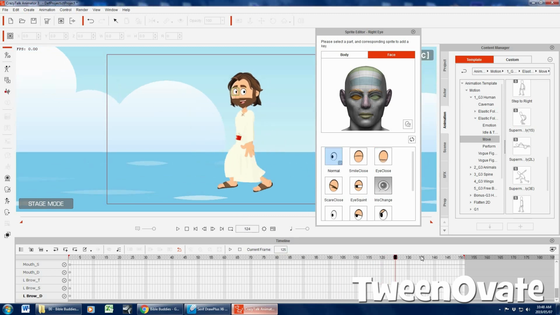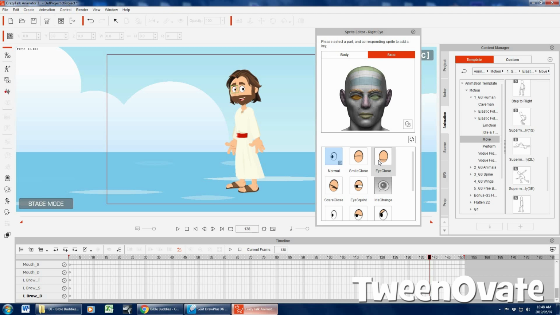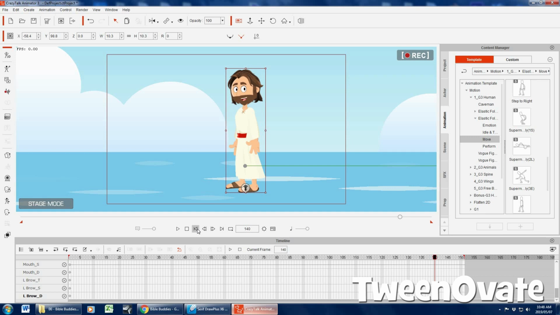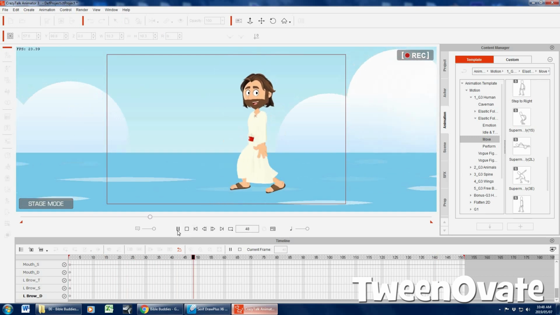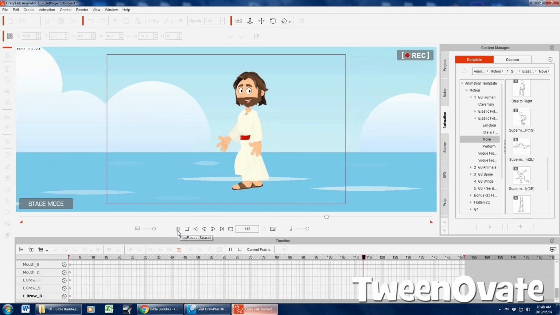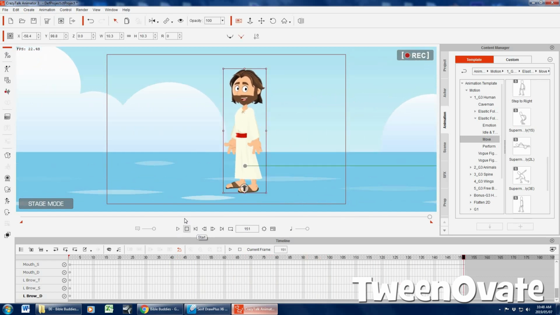And let's say once he's stopped, we let him blink as well. So click there, second eye close, 2 sprites, back to normal eyes. Okay, now he's looking at the camera, he's smiling, and he's gonna blink. Look at that. How cool is that? So there I just created a quick animation of Jesus walking on water, and as you